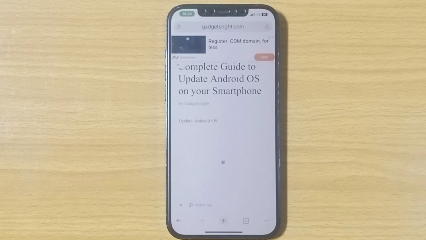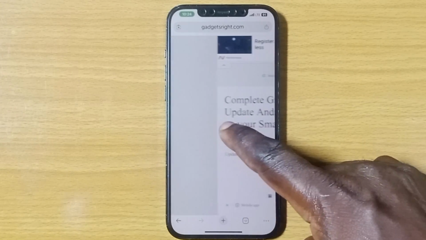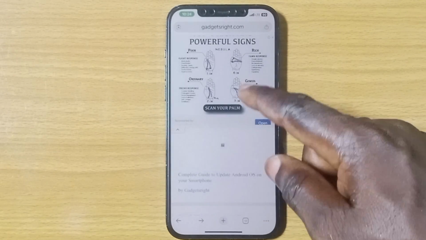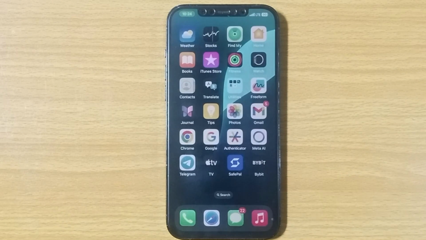Maybe it's going to work very well on this browser. Now let's take a look at Google Chrome. Now here is a website. Let's put our hand here and drag it back. You see it works well like this. It takes us back to this website, and the website is still loading. You can see now. So guys, this is the process on how to use gesture to navigate back button on